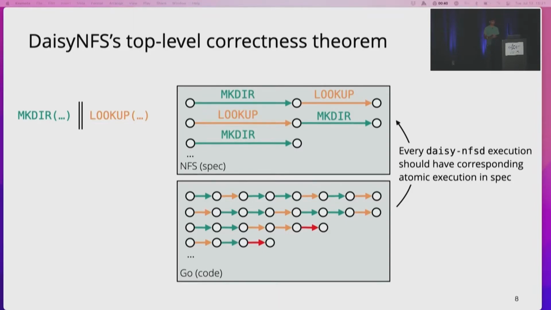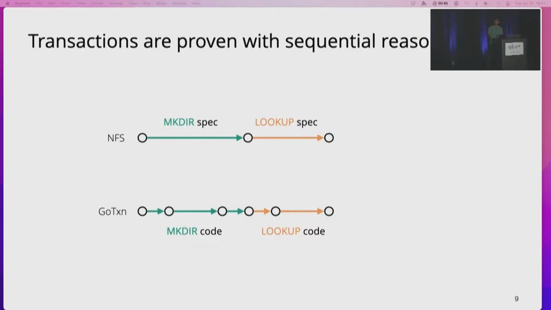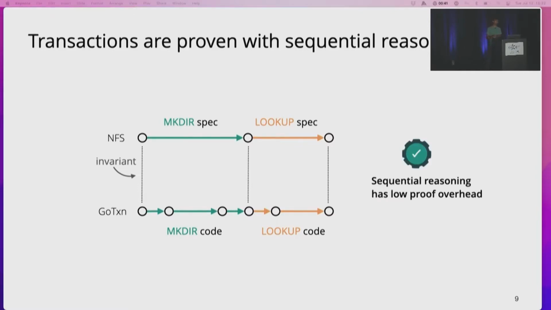The way we verify DaisyNFS is primarily by using sequential reasoning for the transaction bodies, because the transaction system makes these transactions appear to run sequentially. The way we do that is using standard sequential verification, a technique called forward simulation. In this approach, we first write an invariant that connects the disk at the GoTxn, the transaction system level, to the abstract state of the NFS server from our formalization of NFS. And then what we need to do for the proof is show that this invariant is maintained by every operation's